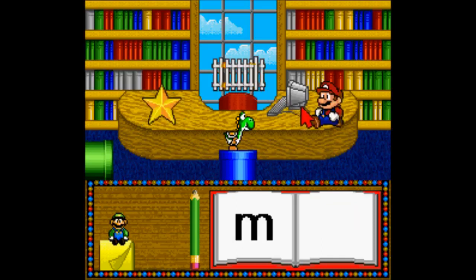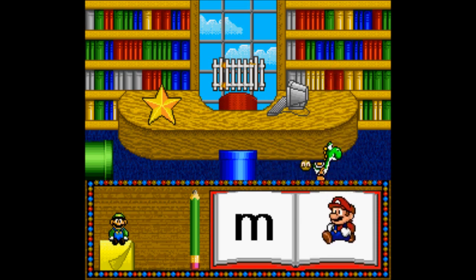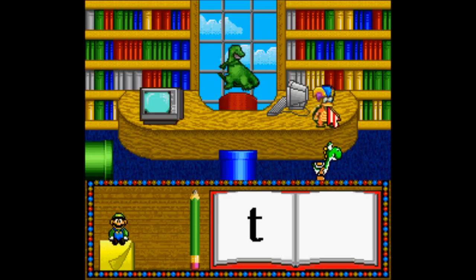Pick the picture that starts with the sound. I like your choice. You picked Mario that starts with. Mario. Find the picture that starts with the sound.